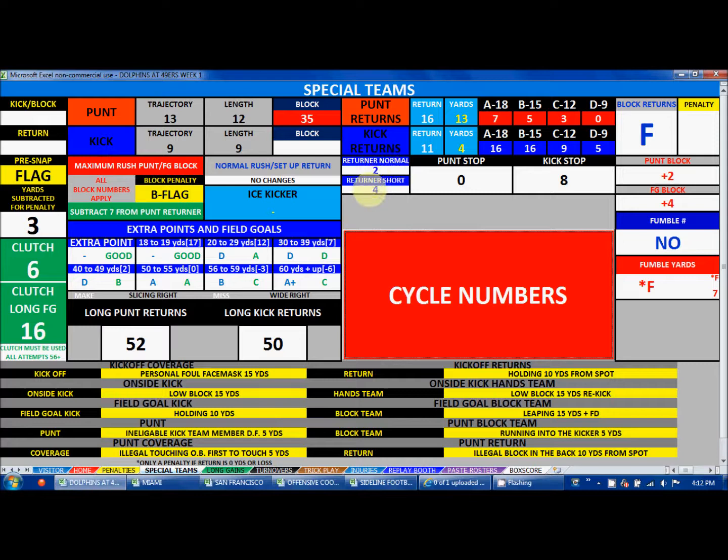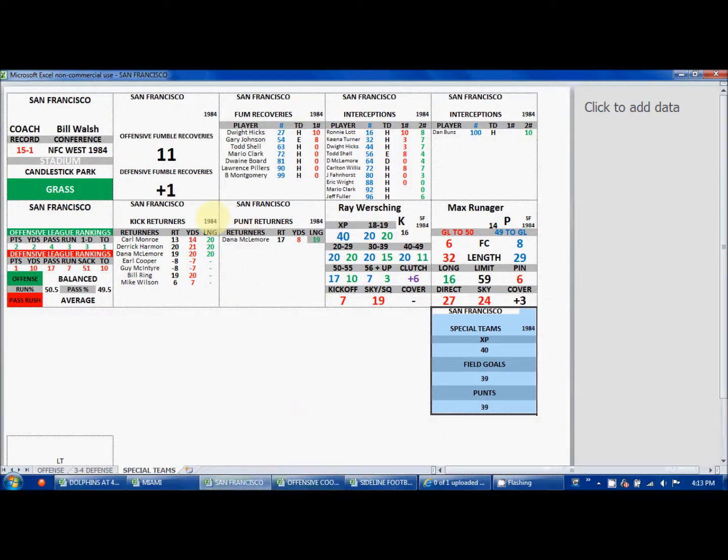Since it's a normal kick, this is used in case of a shorter kick, anytime the trajectory is 1. But since this was a normal kick, it's returner number 2. So at the 13-yard line, returner number 2 on San Francisco's kick return card is Derek Harmon. All right? So he's got it at the 13-yard line, and the next thing we're going to do is determine